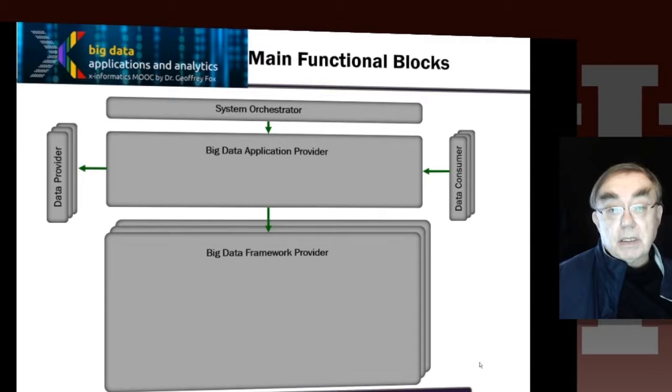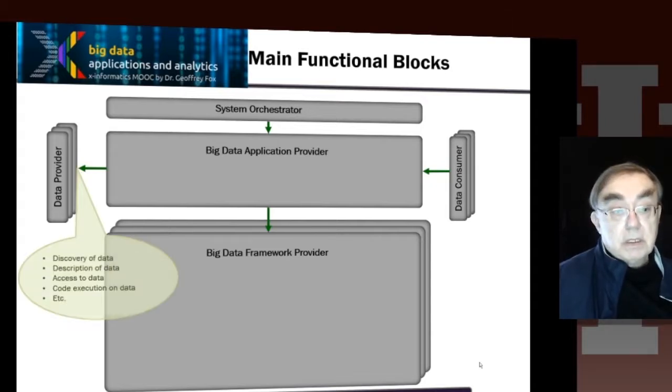All right, so now we're going to take that actual picture and annotate it and add capabilities to get the final answer. So here we have the data provider over here, and then the application provider will probe the data provider to find out about the data, access it, possibly execute code here in the data provider. That's a common database strategy. And if you had a sensor, you often will run processing on the sensor to reduce data volume.